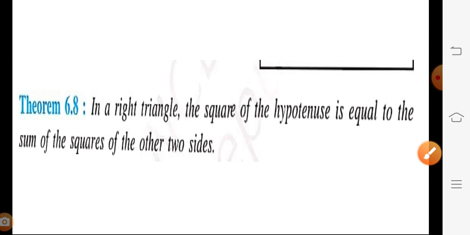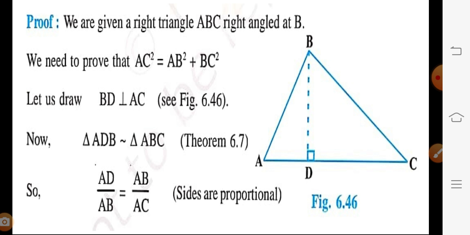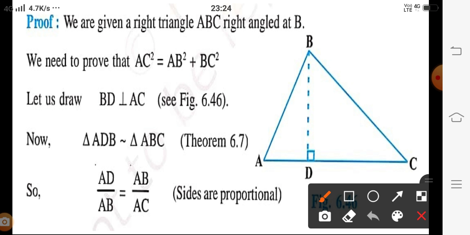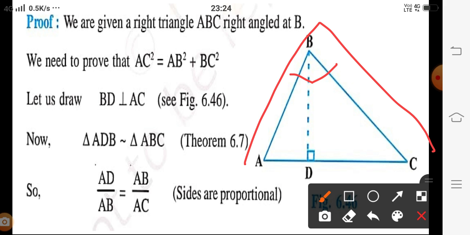For proving this, what is given to you, if you go through the statement, is a right triangle. And what we have to show is that the square of the hypotenuse in that right triangle is equal to the sum of the squares of the other two sides. For proving this, we are going to do a construction here. Here I am taking a triangle ABC, and this triangle is right angled at B. Then we are drawing a perpendicular BD on AC,